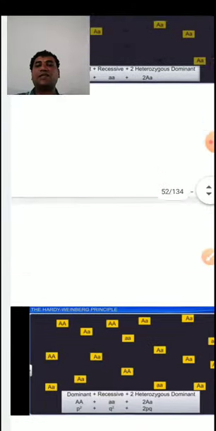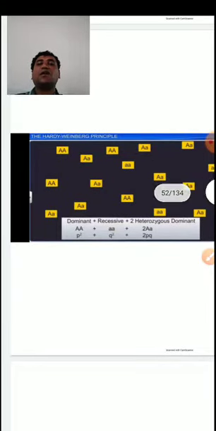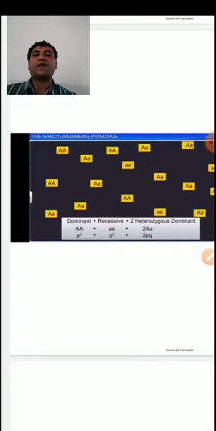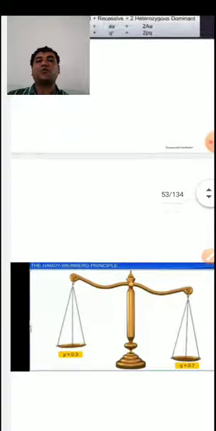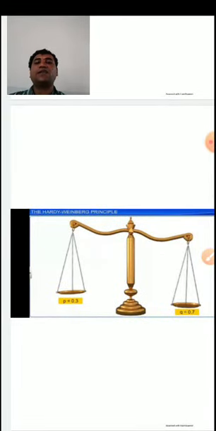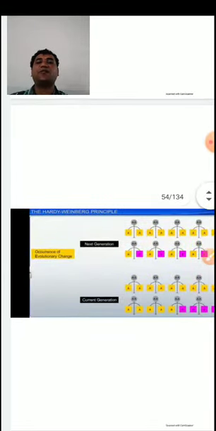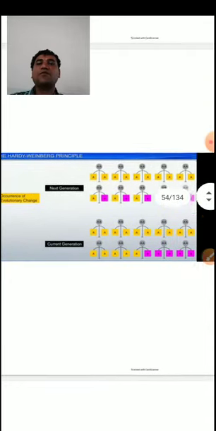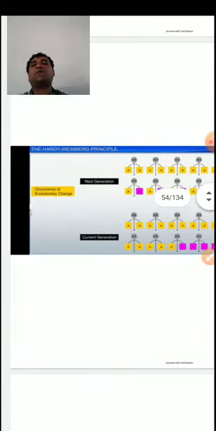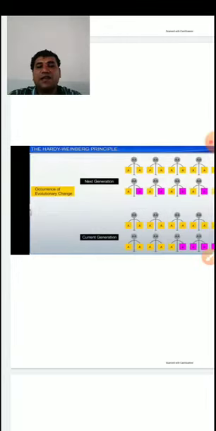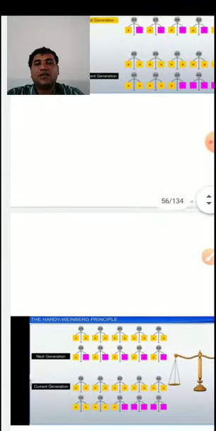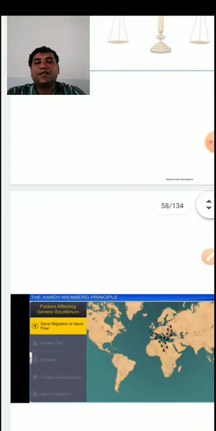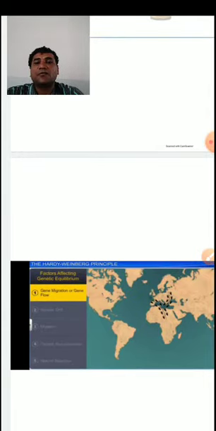Then, based on this equation, the construction of the binomial expression p square plus q square plus 2pq is equal to 1, where the change in the allelic frequencies may lead to the form of genetical differences. As a result, you can see that based on these factors, the Hardy-Weinberg principle is affected